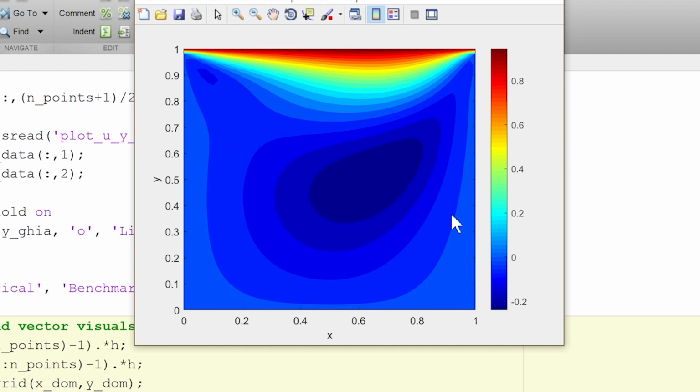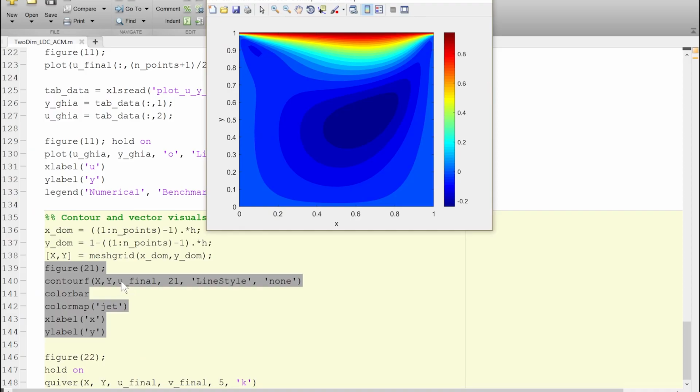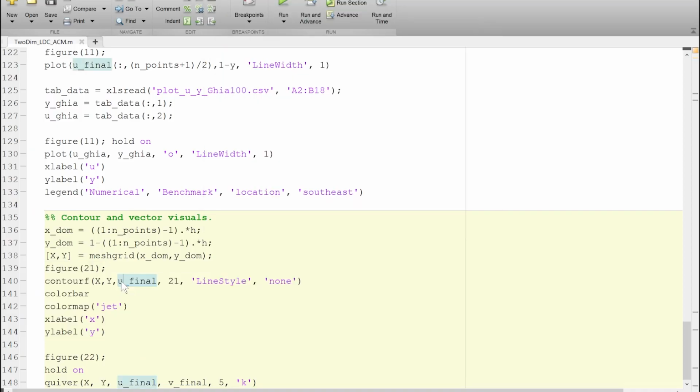And corresponding to this, there is a motion inside the fluid domain, which is not very obvious with this particular contour. But this contour gives you an idea that in some areas of this domain, you get some kind of negative velocities as well. What that means is the fluid is going in the other direction. So from left to right is the positive direction, and from right to left is the negative direction. You can also plot any other kind of velocity field such as U or V final.